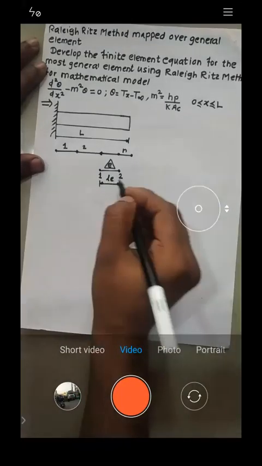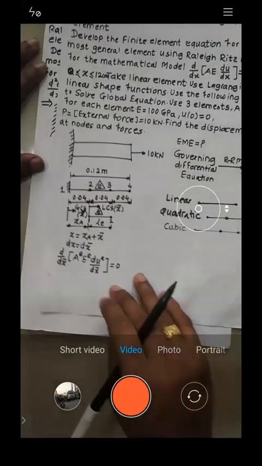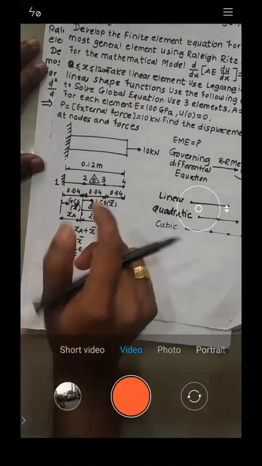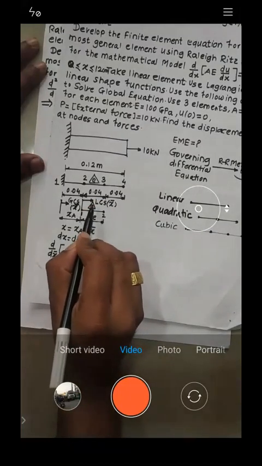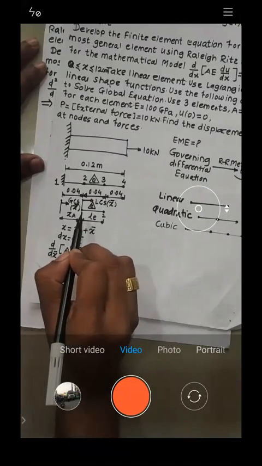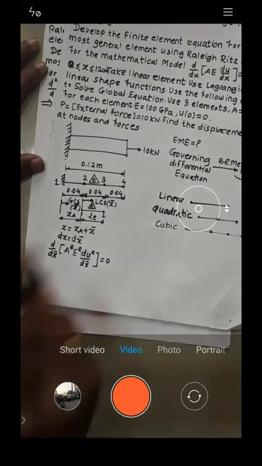Yes or no? See, same we have practiced in the last numerical. You consider one of the elements, you call that element as E. That element will be between two nodes. Let first node be 1, let second node be 2, and L_E is the length of the element. Is it okay?